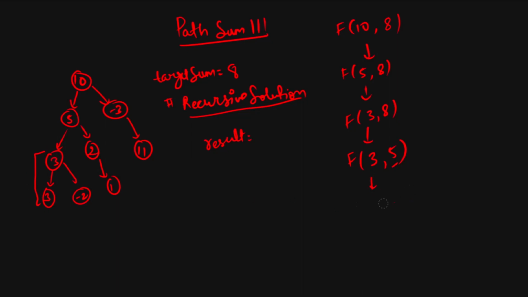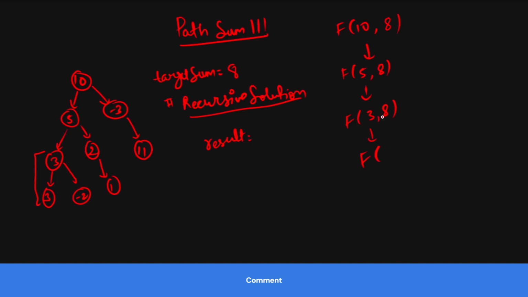So now I have checked with include and without include on the left side. Now I have to check the right side. First I will go without including. Without including, it will be 3 and this is minus 2, and 8 is 8. Either I include or not include, this will not be my path. So I will go here and now check with include. With include, this will be minus 2 and this will be 5.